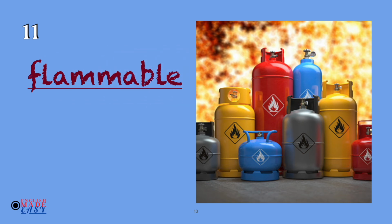You gotta be careful when you see this sign. This is our 11th word, and though it's simple and straightforward looking, we still see a lot of our non-native English speakers mispronounce this word as flammable. I am guessing that this mistake is caused by our tendency to follow the pronunciation of its root word, flame. However, the correct way to say this word is